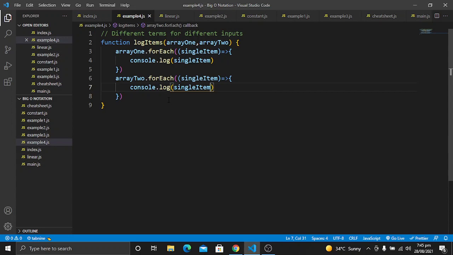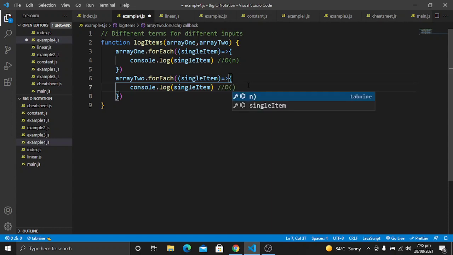So what is the time complexity of our function? We can calculate it as O of n, because it will run n times, and this loop will also run n times.